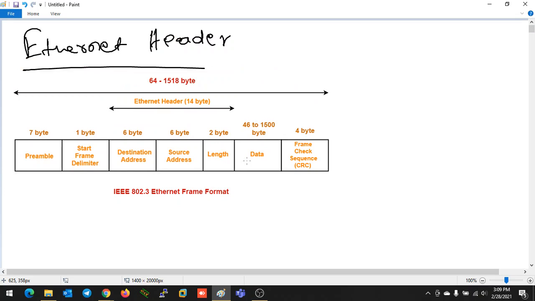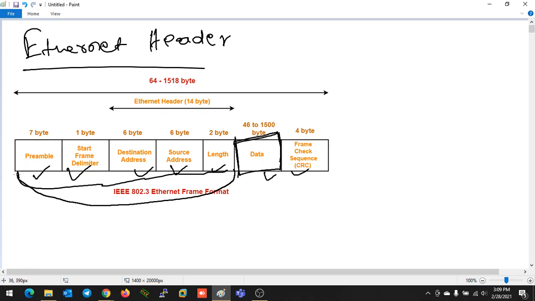Okay, so here you can see I have a total of 7 fields in the Ethernet header. This is field number 1, 2, 3, 4, 5, 6, 7. We will discuss all the fields. Of these 7 fields, this field is not about the Ethernet header. This is the data field, meaning whatever data comes from the internet layer or network layer will be encapsulated here.